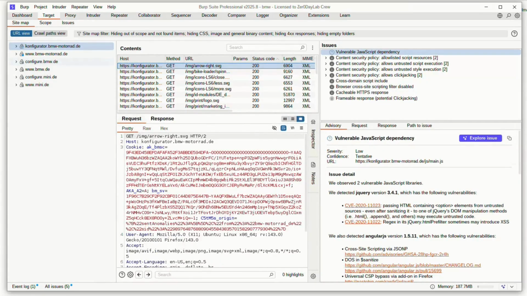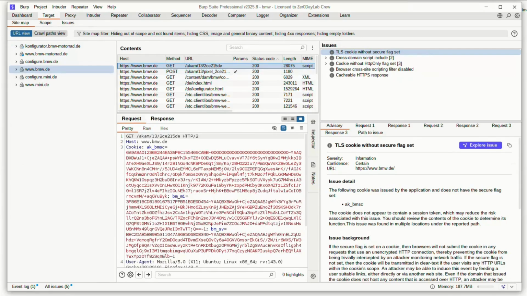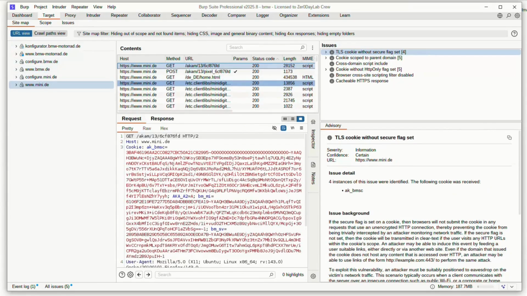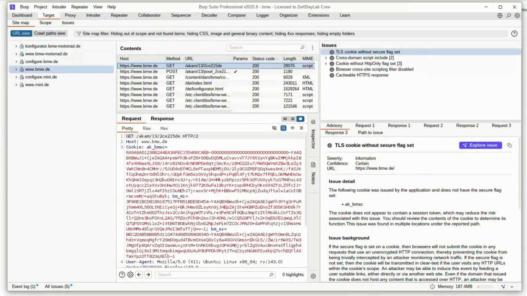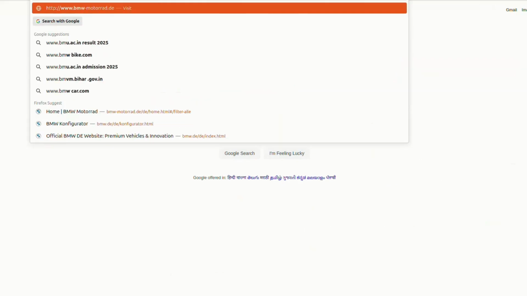First of all, we will check any one of our domains. We'll take, let's say, this one or this one. Let me go into www.bmw. Let's see this program.